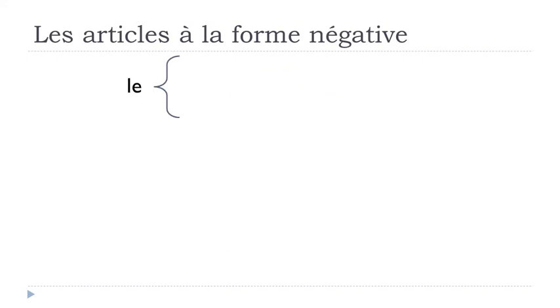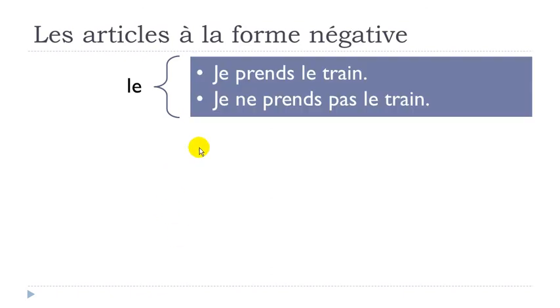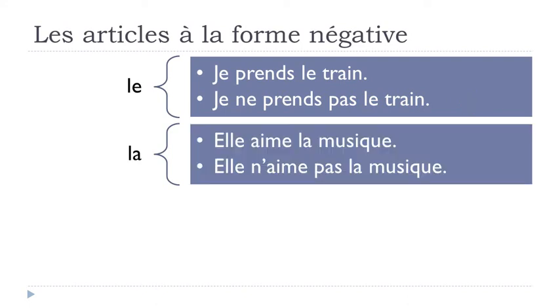Okay, so now we'll see the definite, les articles définis. And so we've got for the masculine le, so it's the equivalent of the in English, but then we've got the difference between the masculine, the feminine, and the plural. So le, have a look at this. Je prends le train. Prendre is to take, le train, the train. Je ne prends pas le train. So the article doesn't change at all. You just put it back, even if it's the negative form. It doesn't change.